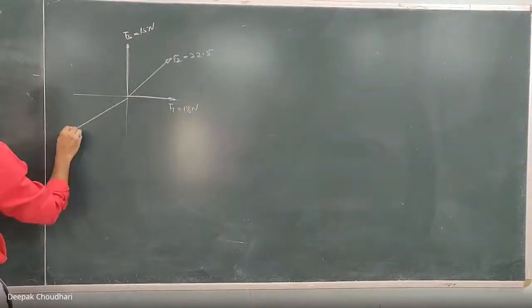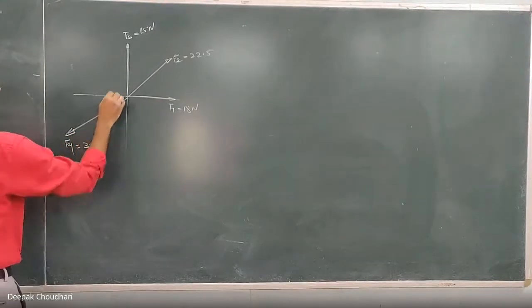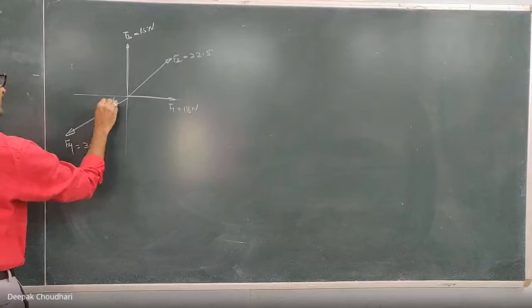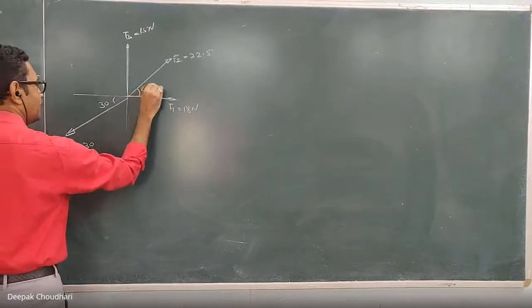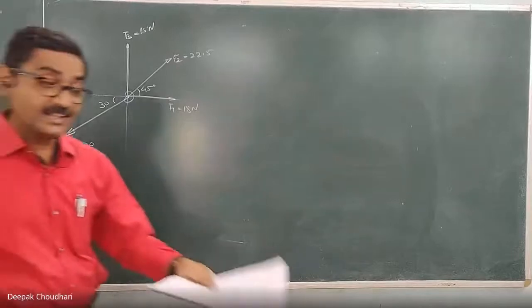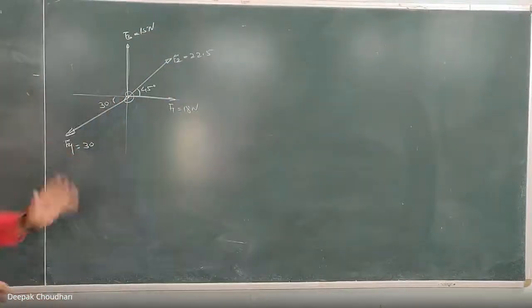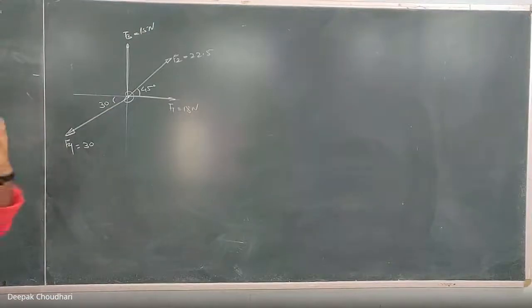This is F4, which is equal to 30 Newton, inclined at an angle of 30 degrees. This inclination is 45 degrees. But this system, or this body on which these 4 forces are acting, is in equilibrium under the action of 5 forces. Out of that 5 forces, the 4 forces are given and you have to calculate the fifth force